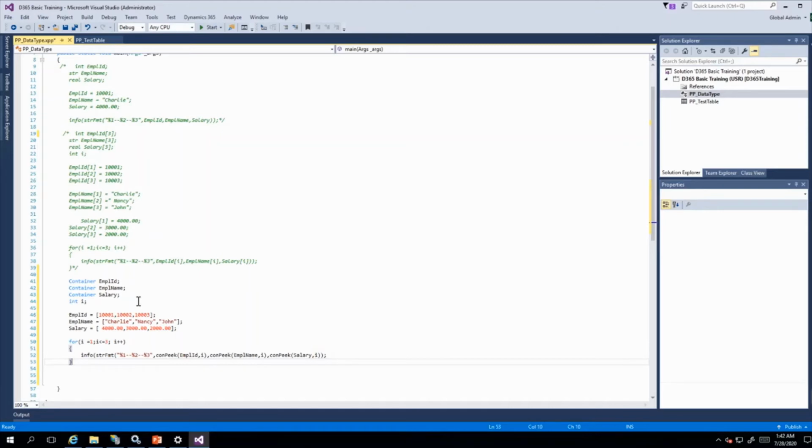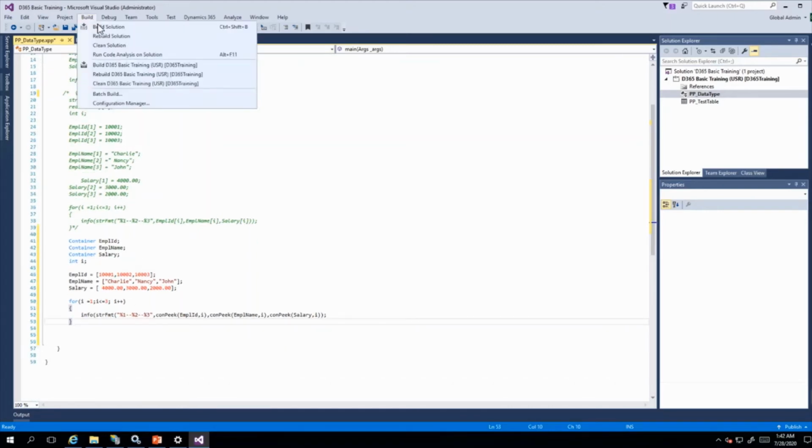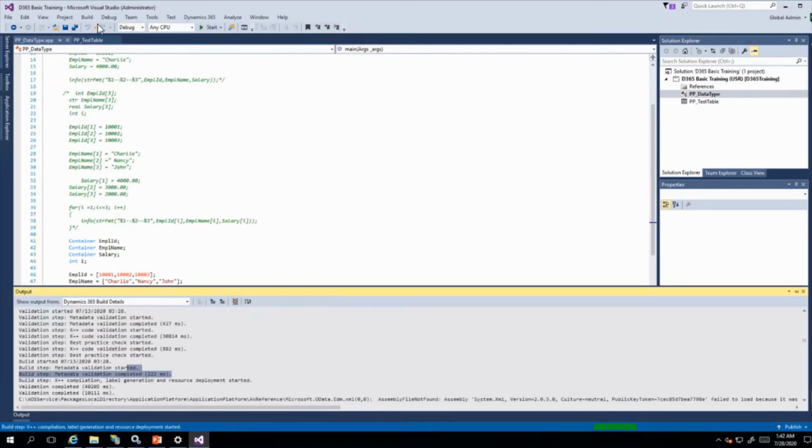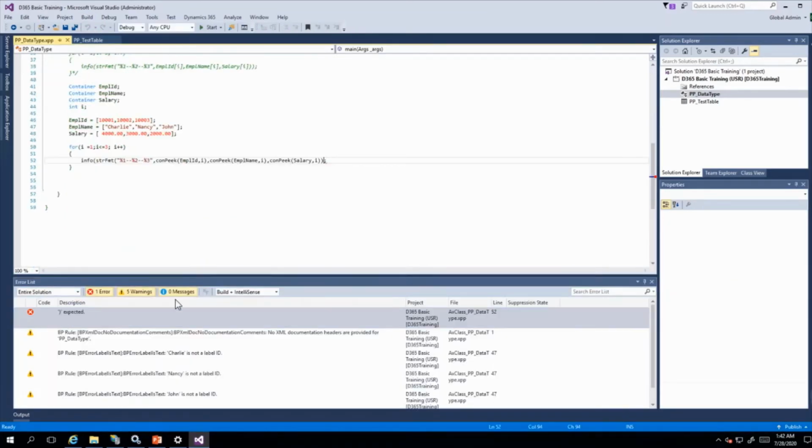So by this way you can use the container. I will build it. Some bracket expected, will place one bracket. Again I will build it.